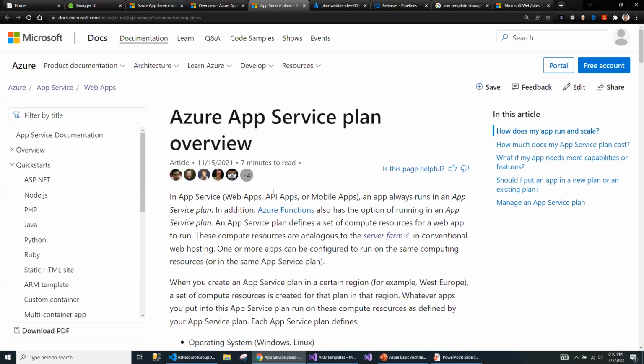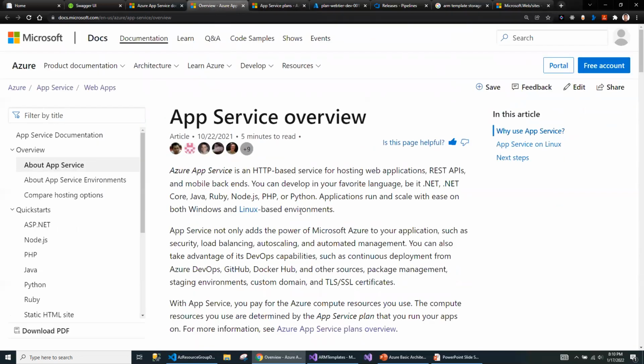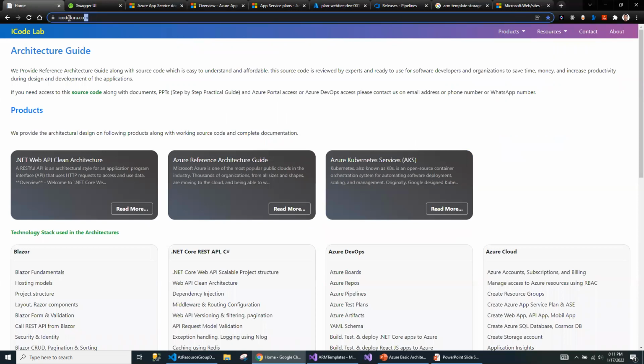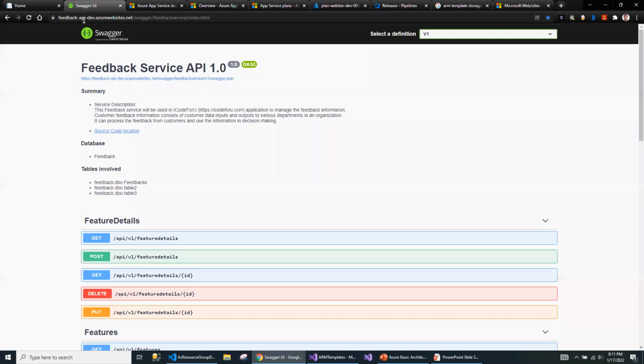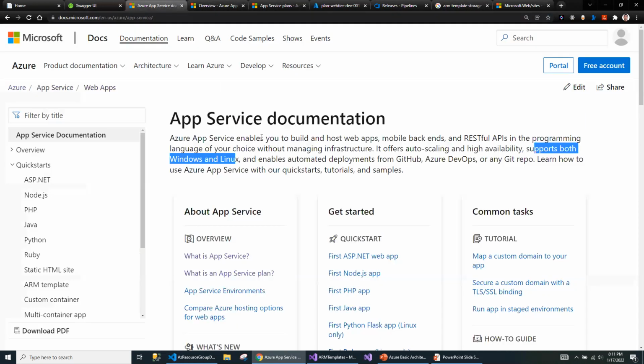So we discussed app service environment already. Let's quickly go to the app services and what are the app service capabilities. So app service is basically serving the HTTP based request. Like you can have the web application or the REST API. So for example, this is the website hosted in the Azure App Services, and this is the API hosted in the Azure App Services. So these are the different kind of requirements you can have when you are planning to